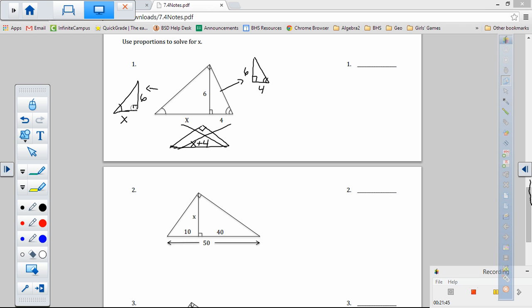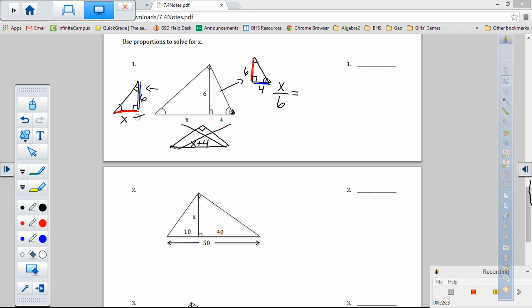X in this triangle is between the markings with a right angle and 1, and so in this triangle that would be this side, because this one already has 2 markings because these 2 angles have to be congruent. That means this one's going to be the one with 1 marking. This is going to be the one with 2 markings in my other triangle. These 2 sides have the same marking, right angle and 2 marks, and now it's just a matter of setting it up. Okay, so x in the left is to 6 at the right,